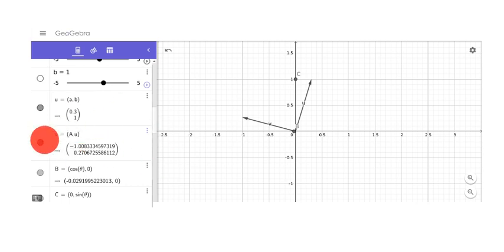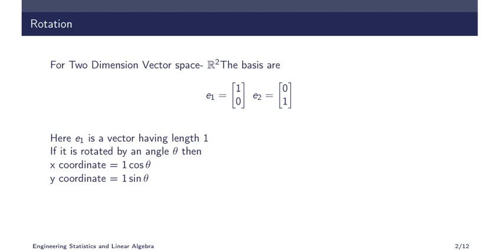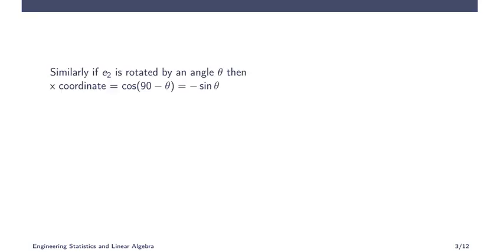The general matrix required to rotate any vector is given as cos theta, minus sin theta, sin theta, cos theta. Remember this one. This is the rotation matrix for any angle. In the previous classes we saw it only for rotating by 90 degrees, but in this case we see it for any general angle. Now that is about rotation. So we have seen generating the matrix.